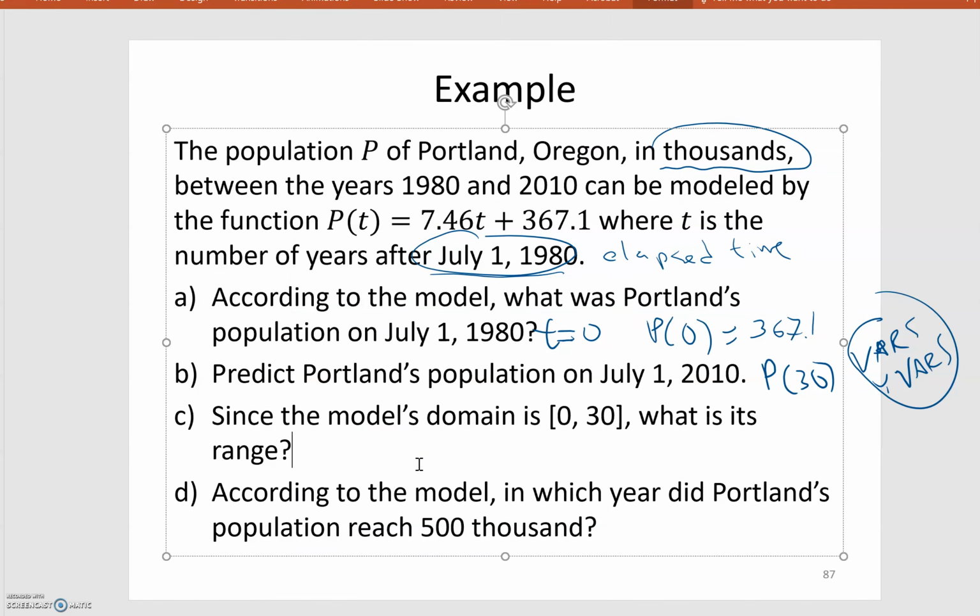What about the range? We're given here that the domain is 0 to 30. I hope you understand where that's coming from. That's based on the fact that our model goes between 1980 and 2010. In elapsed time, that's 0 to 30. So what would its range be? Well,